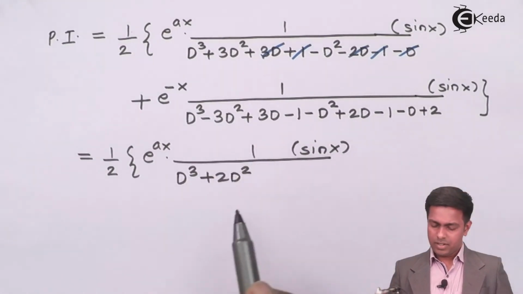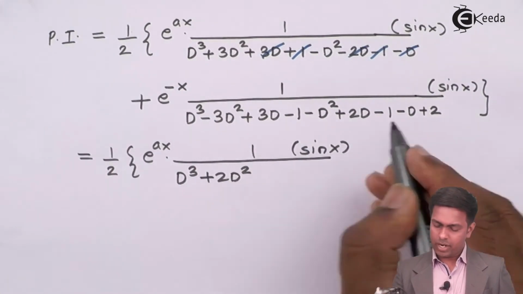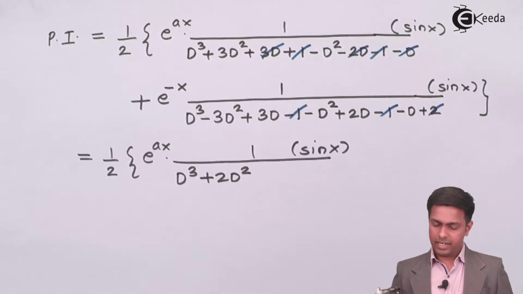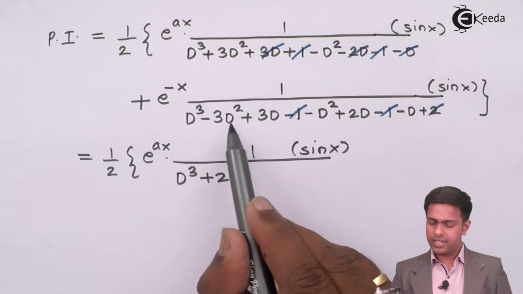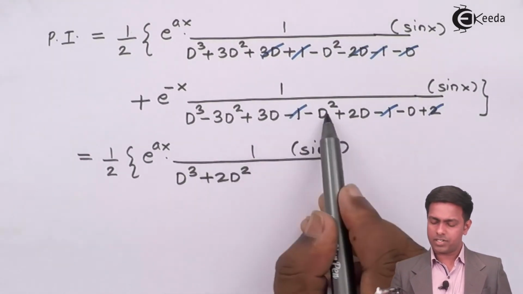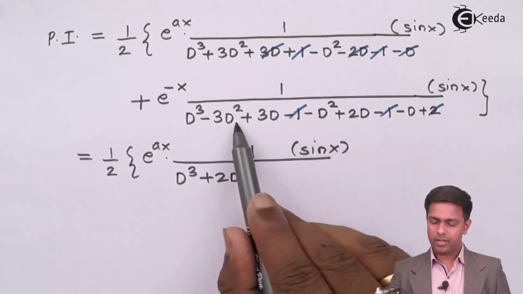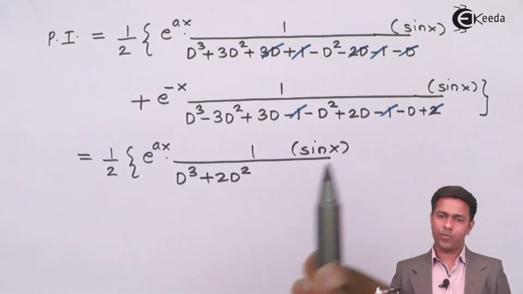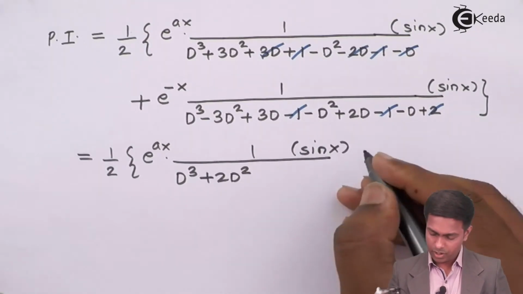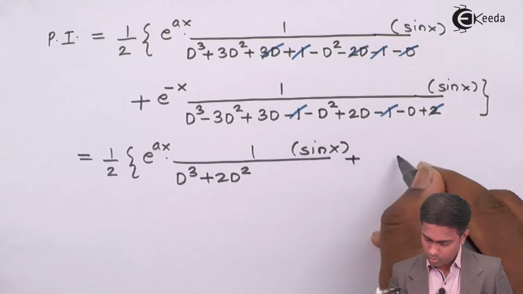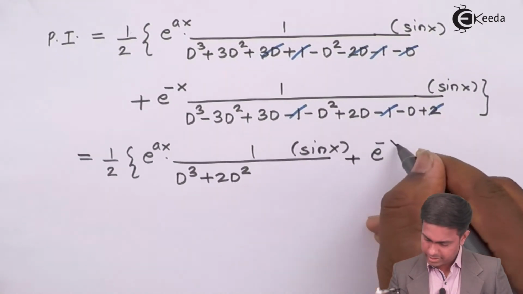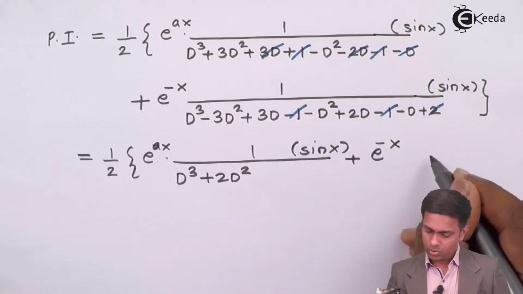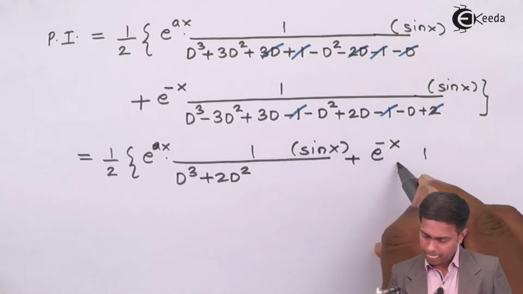Similarly here, this is 2, minus 1 and minus 1 is minus 2, will be cancelled with this 2. Then we have d cube minus 3d square and minus d square is minus 4d square. Then 3d, 2d, 5d minus, that is 4d. So here plus e to the power minus x. So guys, here we have 1x. So into 1 upon